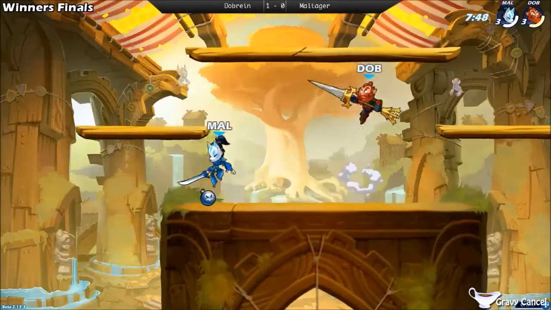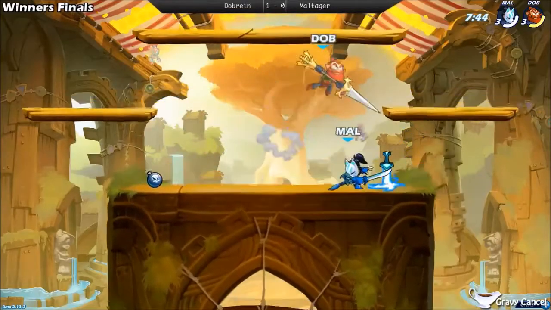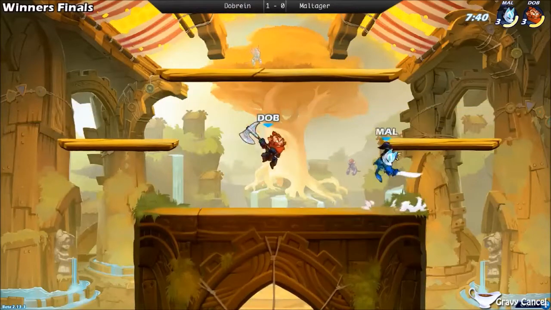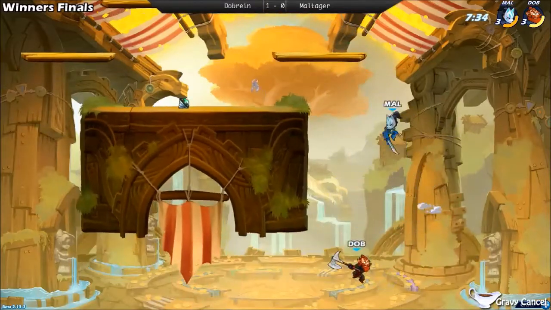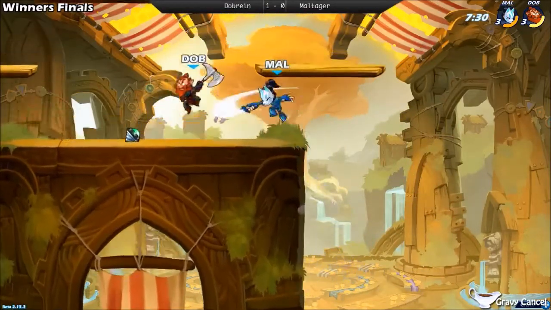Maltager goes in for the side light. Dobrein tries to read him with the neutral light. Maltager tries to hit him with the sword. Sidelight actually connects, and Dobrein tosses his lance to his face. It gets an unarmed combo, finds that axe that he was liking so much in the first game. Neutral air connects, throws out another neutral air, down air, side air, down air, chasing him all across the stage with these axe hits, and goes for another side air as he tries to read Maltager traveling back to the